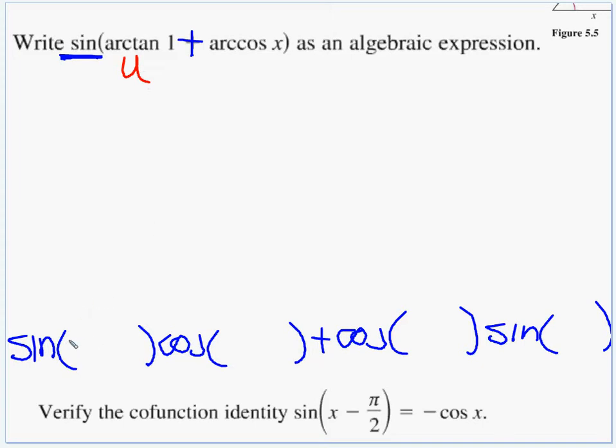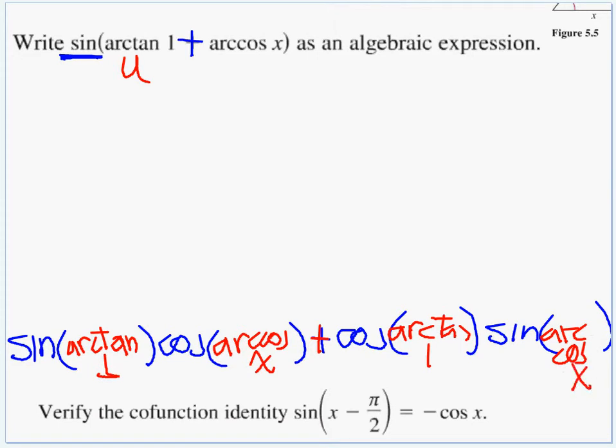So first over here we'll go arctan 1. And then the cos we'll have next the arc cos x. And then after the plus sign we have the same angles again, arctan 1. And then sine of the arc